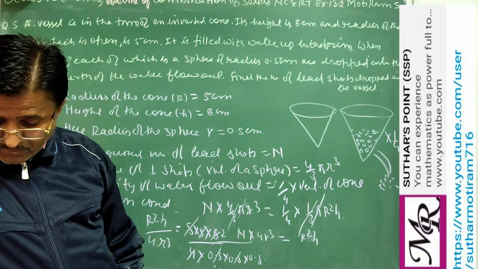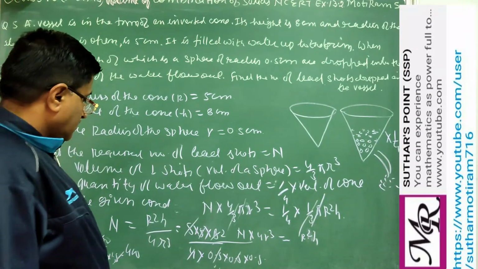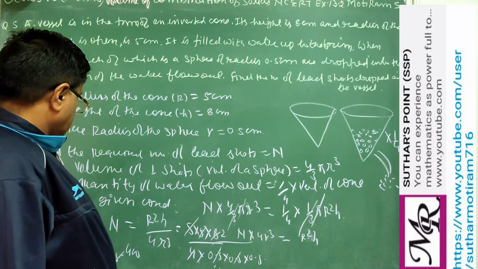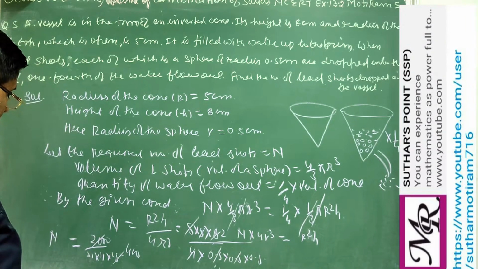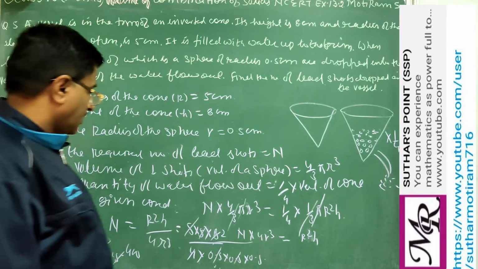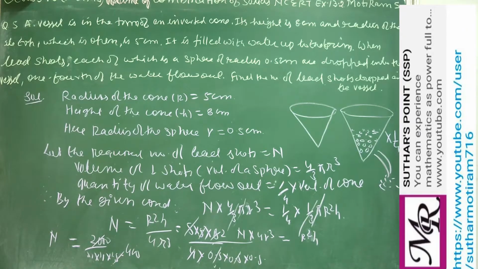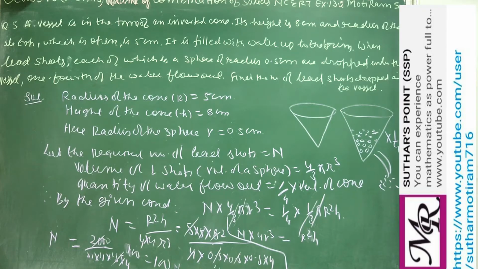400. The number of this will be 4 into 2. So if you simplify, that will be 5, 4, 1, 4 is left here. So after simplification, we get n equal to 100 salts. So we can at last write down, the required number of the lead salt will be 100.